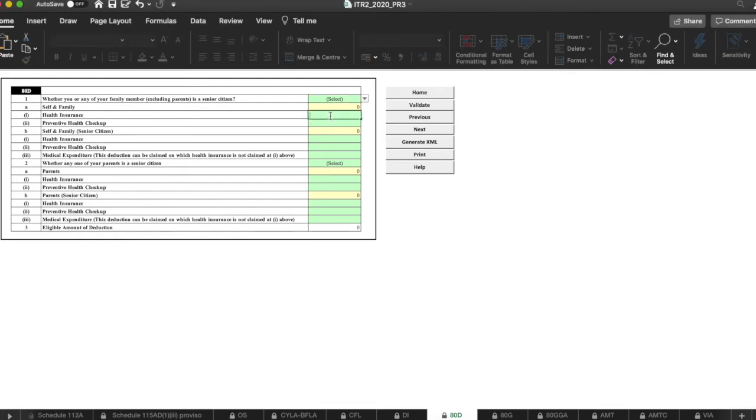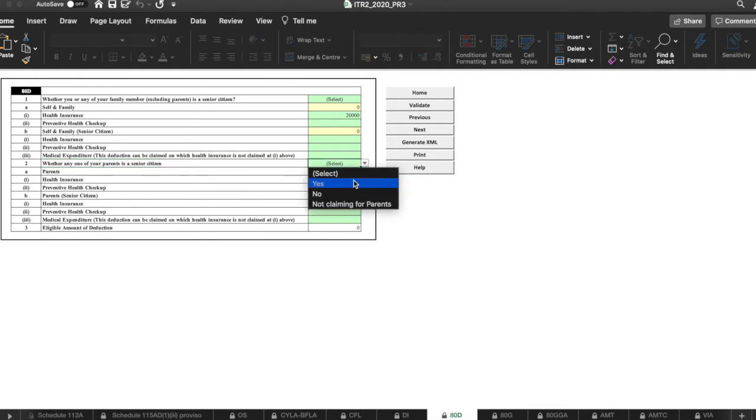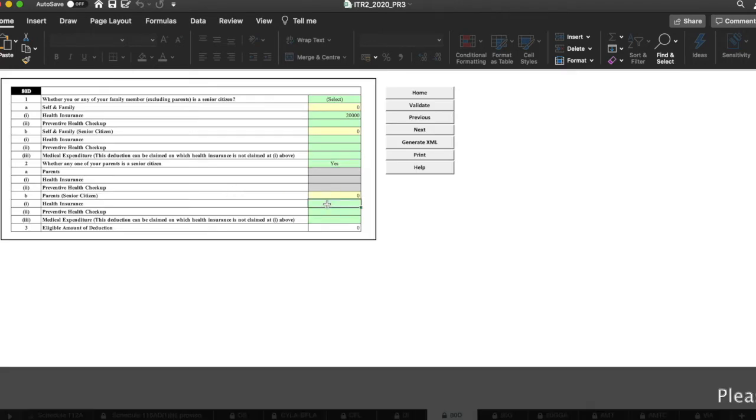For example, I'm putting 20,000 for self, and if any one of your parents is a senior citizen, in that case you have to select yes, then mention the value that is applicable, but the maximum you can claim is only 50,000.